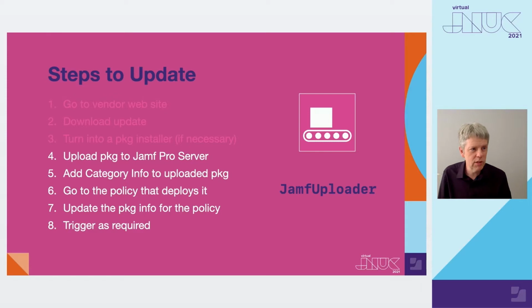This session will focus on using the group of AutoPkg processors in the Jamf Uploader project, which leverages the Jamf Pro Classic API to automate some or all of the remaining steps. In fact, Jamf Uploader can do additional tasks such as uploading scripts, extension attributes, and configuration profiles. But to begin with, we are just going to focus on automating the workflow you see on the screen.